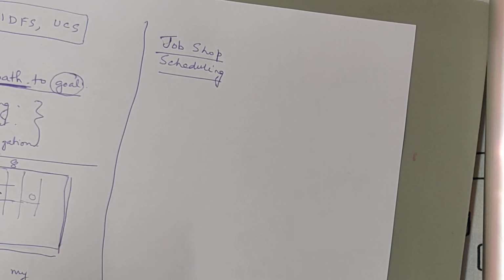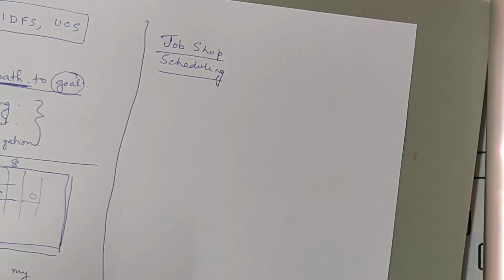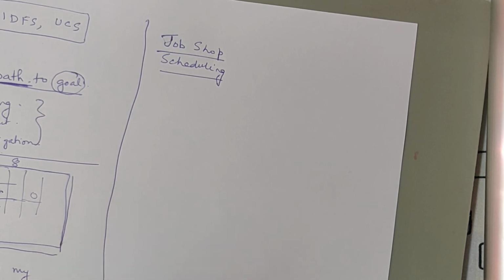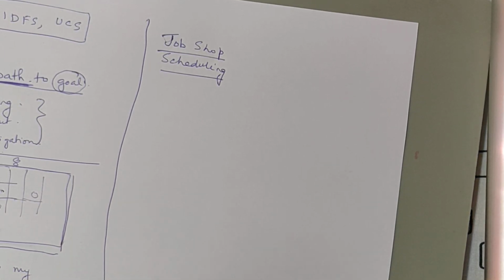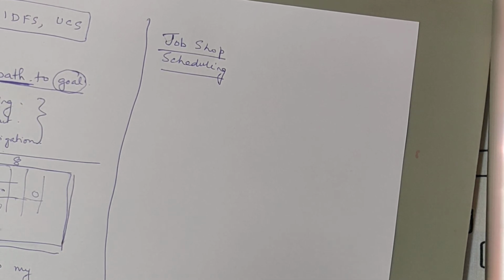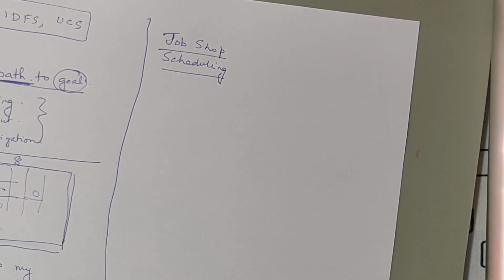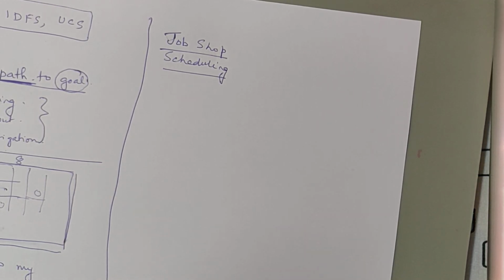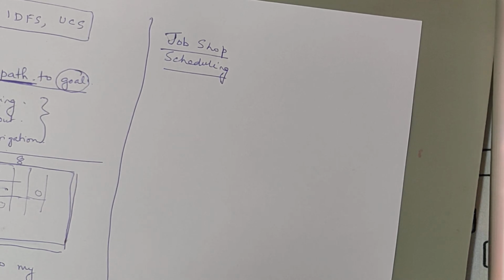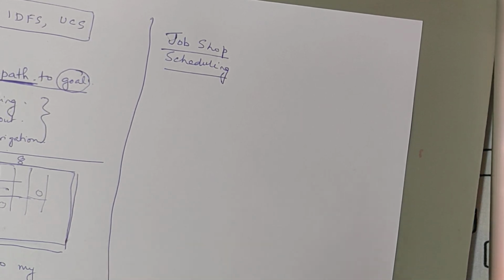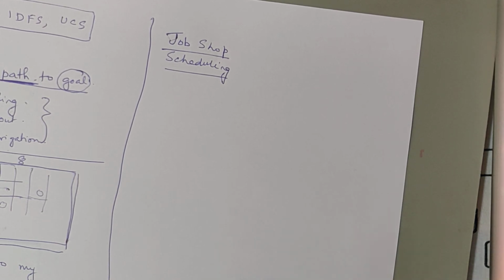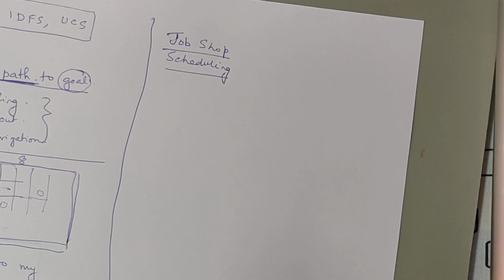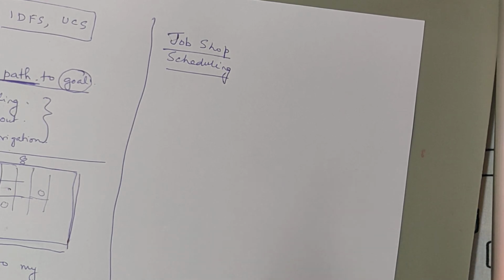Many jobs require a lathe machine, so there is a resource crunch. Many jobs are competing for the same machine, for the same resource. How to schedule the jobs in such a way that you use the machines in the most optimal fashion? How to schedule the jobs, which job will go to which machine and when, such that the productivity of your workshop is also not getting reduced and no machine is also remaining idle. That is called job shop scheduling.